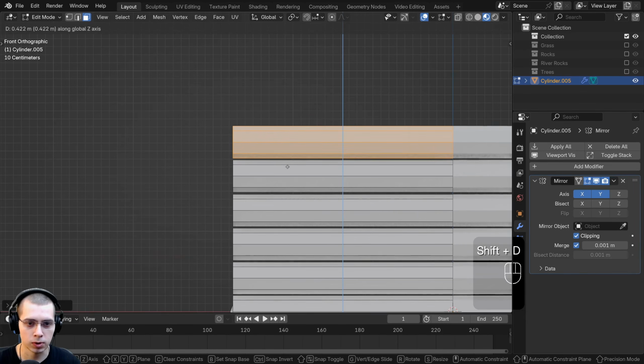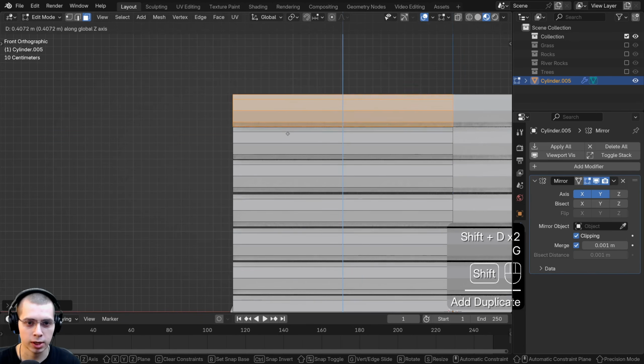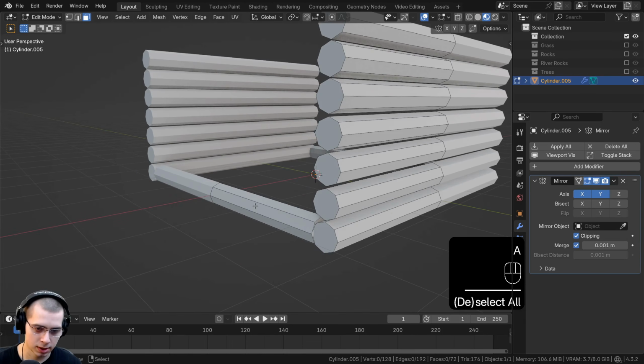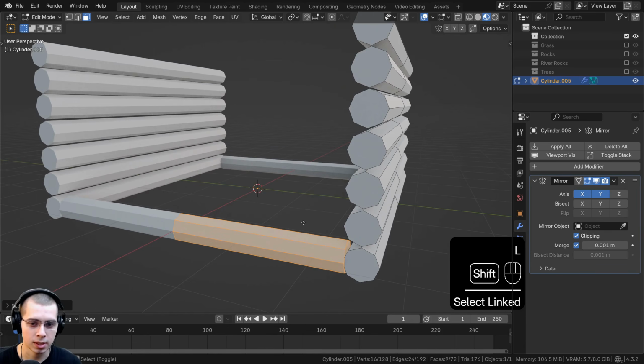And I'll just do 2 more. So I'm just going to do 7 of them. So bring it up just like that, and that's going to be the front of the house. So now I'm going to deselect everything. I'm just going to select this piece here by hitting the L key, and I'll duplicate it and move it